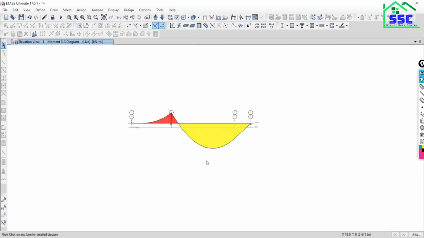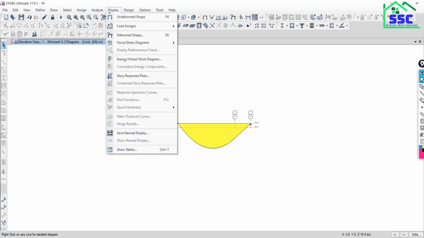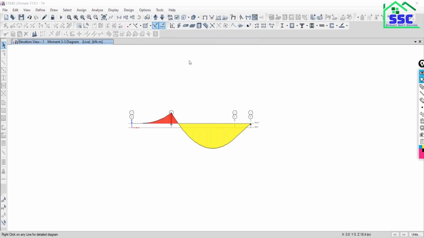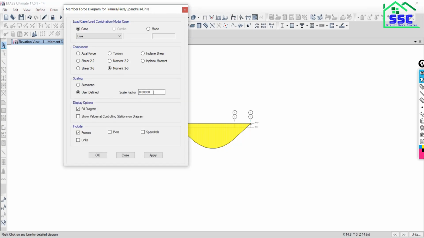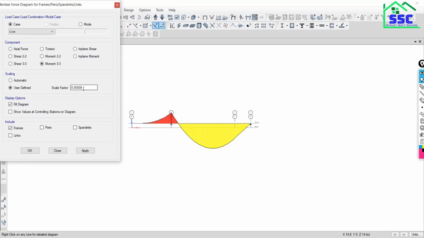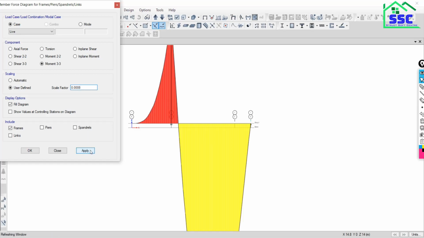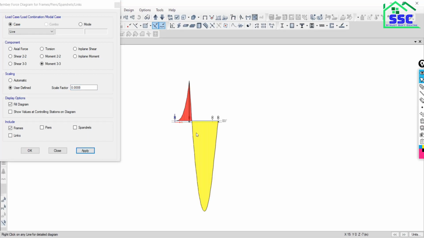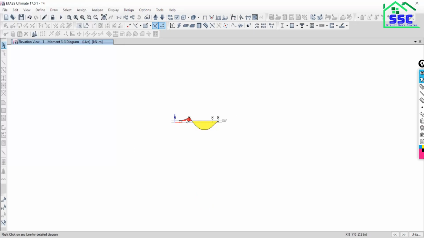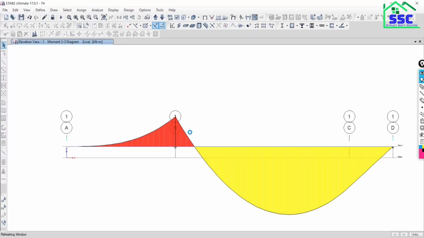if you want to see the result in large scale, how you can change the scale, go to display, course, frame, and you can again increase the scale by 10%. So make it 10%, say apply. See, this is the result. If you want to reduce by 10%, 0.8, say apply. So this is the way to see the result in a more clear way.